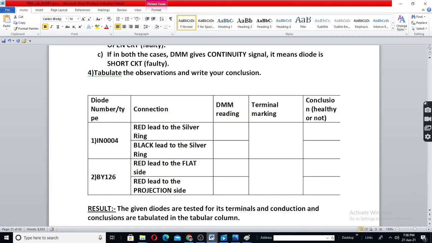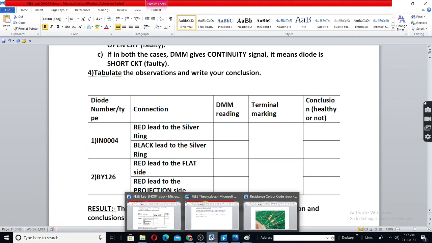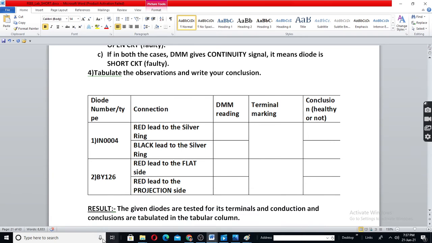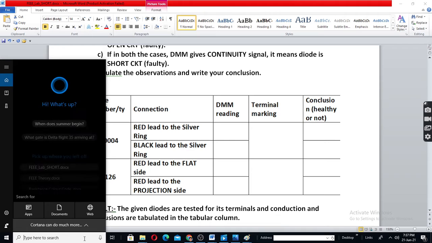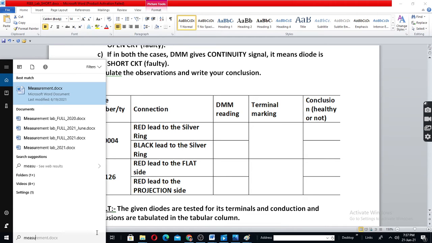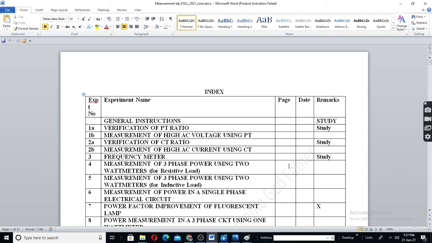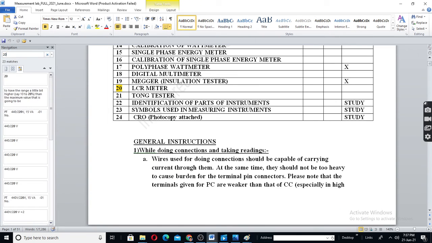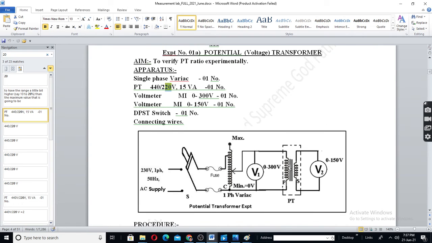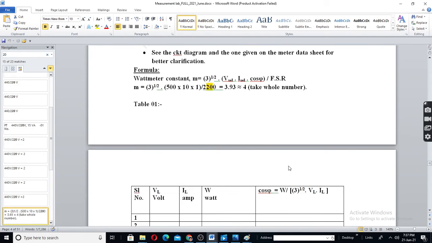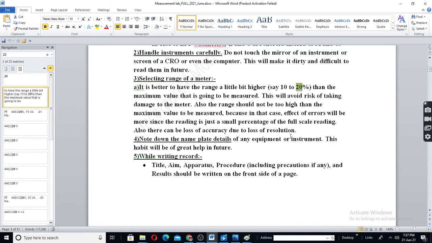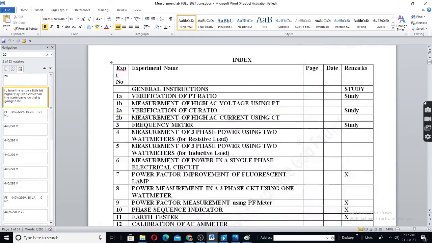So if it is IN0004, now take a digital multimeter and connect red to silver. In the multimeter, you keep the multimeter on the diode side. Multimeter's red lead. Okay, let us see here.